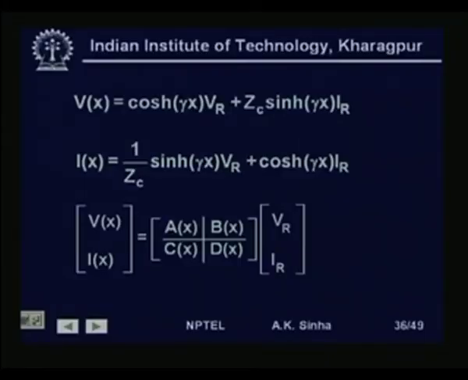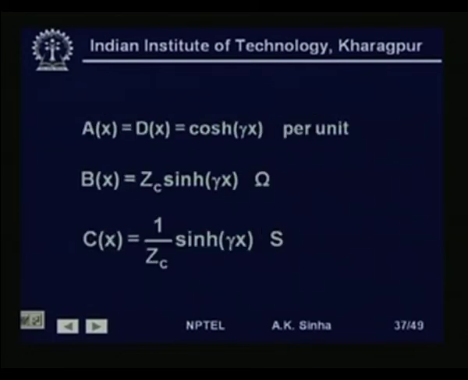Now, when we do that, we can again write the ABCD parameters for this line, and here what we find is that the ABCD parameters can be calculated for any distance x. If we put x equal to L, then we have them for the whole length of the line. So, A is equal to D is equal to cosh gamma L, B is equal to Zc sinh gamma L, and C is equal to 1 by Zc sinh gamma L, where Zc is given by